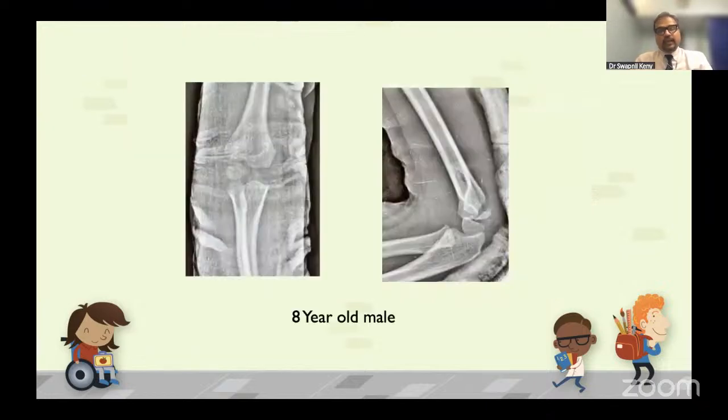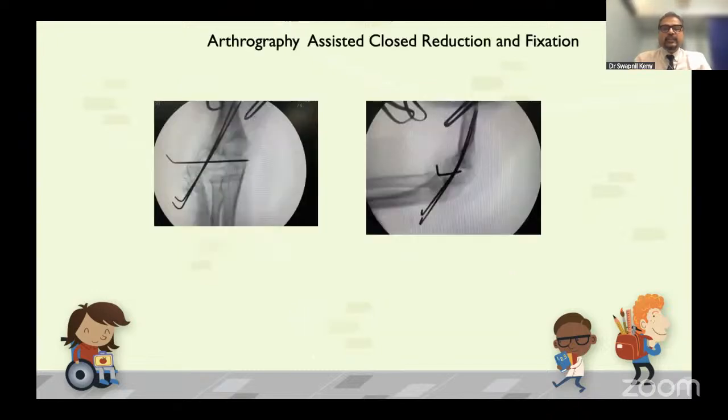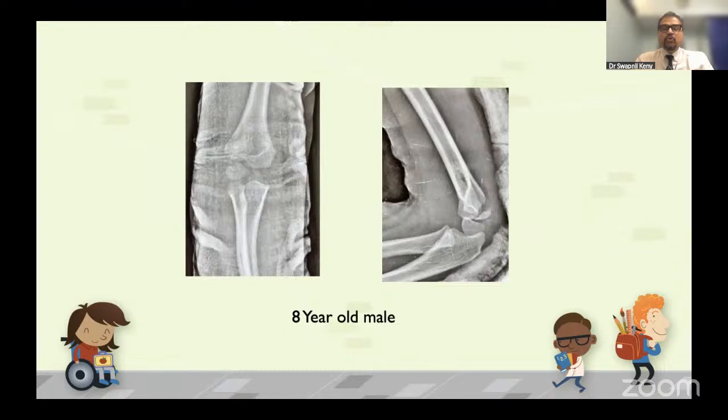Now let's look at this next fracture. It is again a lateral condyle fracture. The anteroposterior view looks good. If you look at the lateral view, there is an opening of a hinge there posteriorly. Now that hinge is what actually is the problem, because that is an unstable situation and this needs to